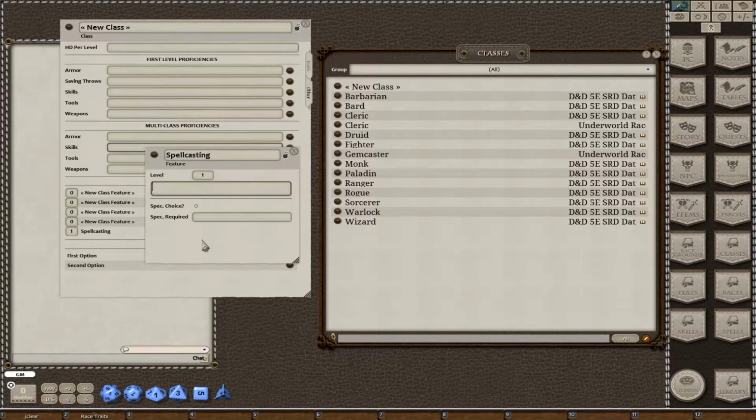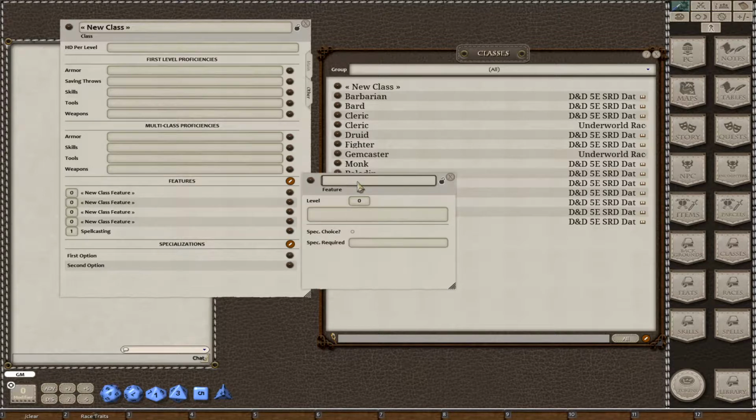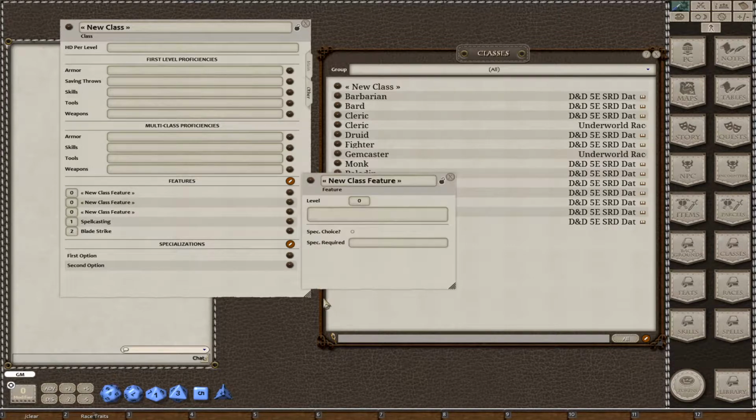So we're going to go ahead and add a couple features here, spellcasting, and we'd include some special, whatever descriptive elements there. We'll add a second one. We'll call this Blade Strike, and this is going to be given at second level. And then we'll say at third level, he's going to get his choice of specializations. Now, we gave him 2 specializations, first option and second option. This could be domains, this could be bardic colleges, this could be whatever. So we'll name it choice of